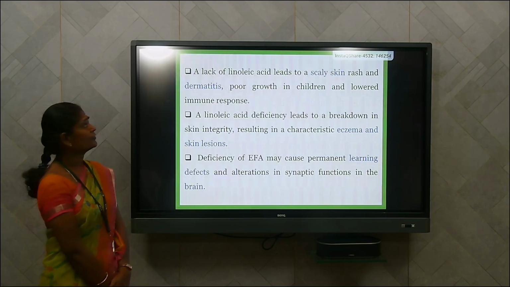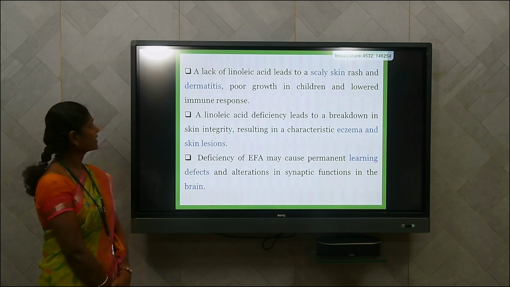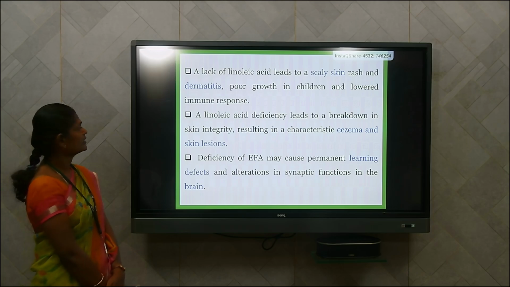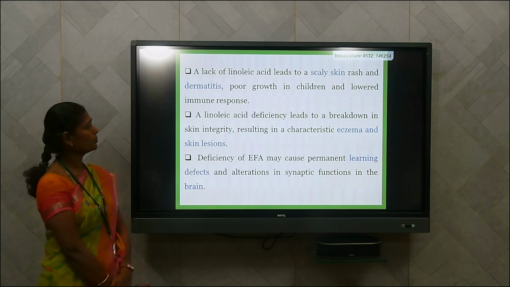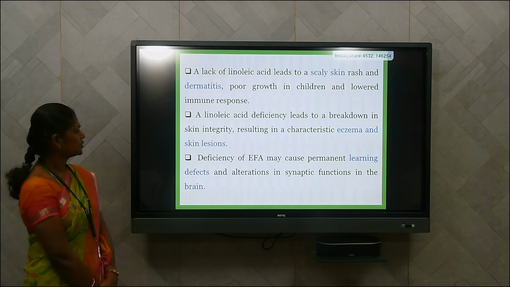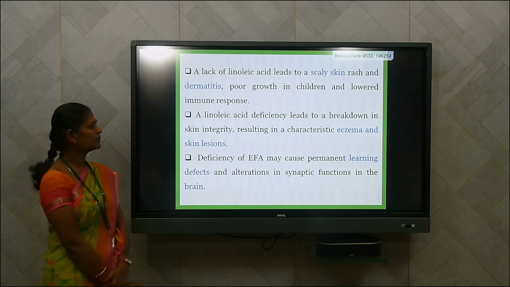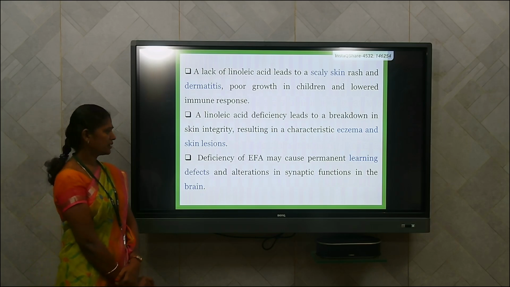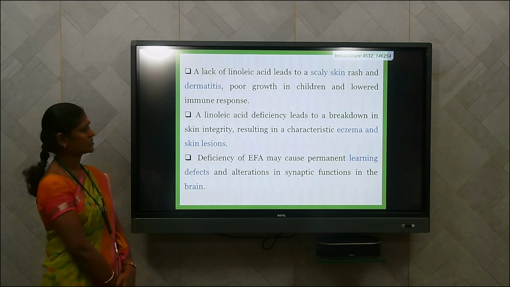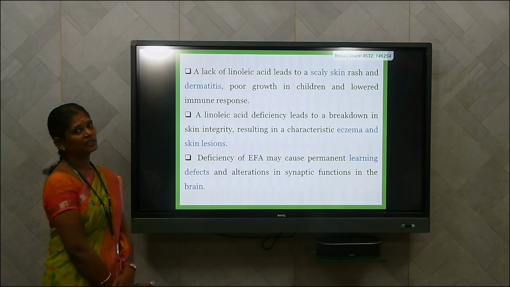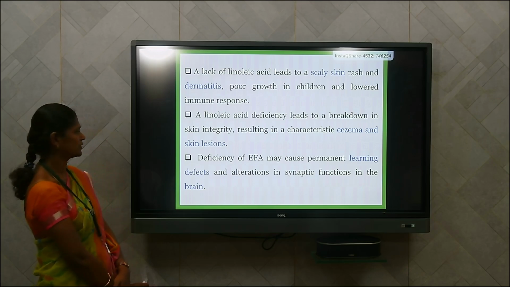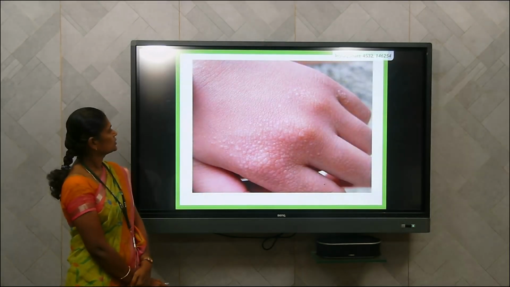A lack of linoleic acid leads to scaly skin rash and dermatitis, poor growth in children and lowered immune response. Deficiency of linoleic acid leads to a breakdown in skin integrity, and this results in eczema and skin lesions. Deficiency of essential fatty acid may cause permanent learning defects and alterations in synaptic functions in the brain, as we already said that the essential fatty acids DHA and EPA are important for cognitive development. So deficiency of essential fatty acid leads to defects in this. These are some of the skin